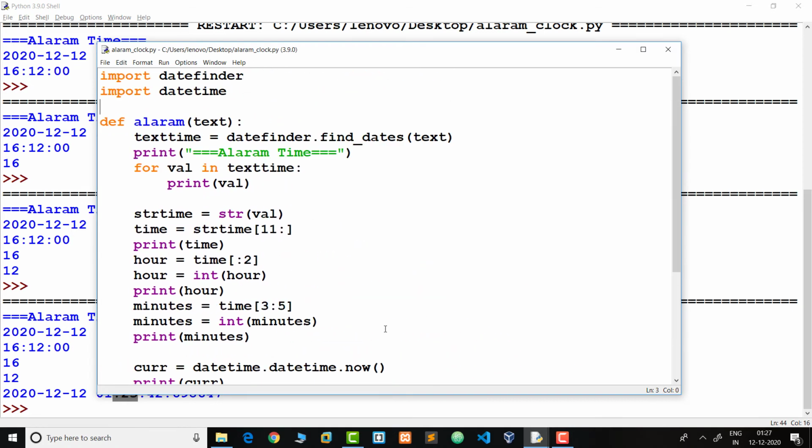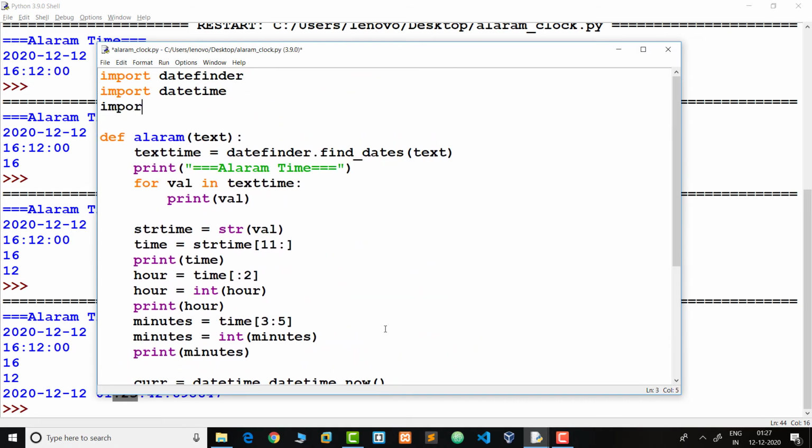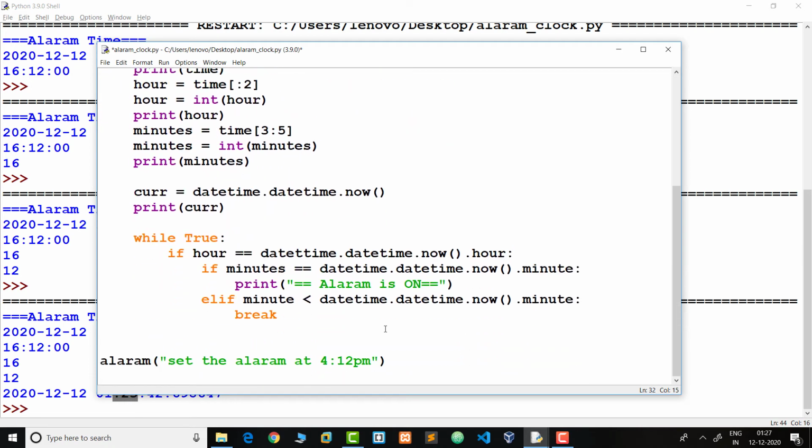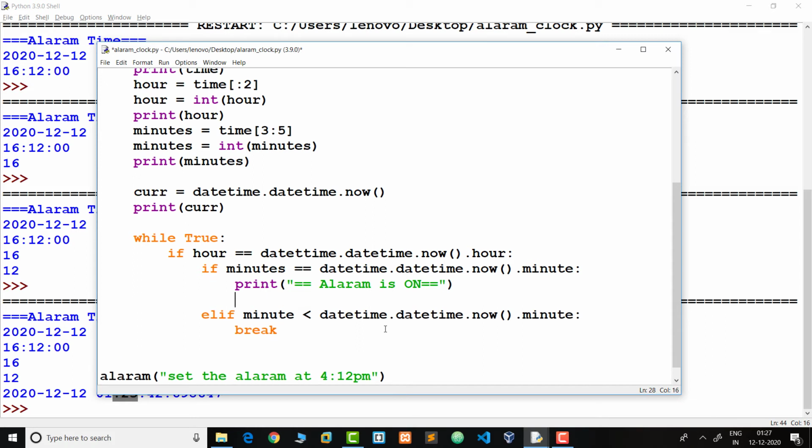So we need to import the winsound module, and here, when the alarm is on, we use it to play the sound. So winsound.PlaySound, P capital, PlaySound.